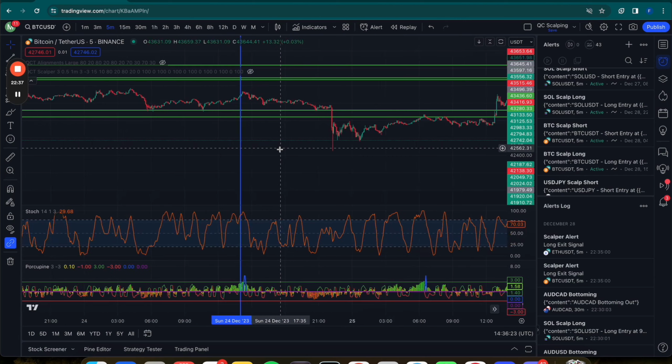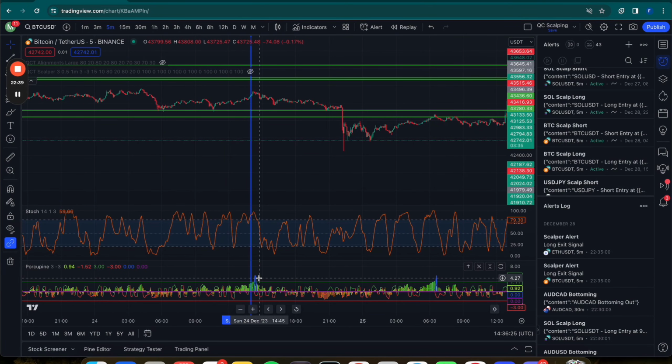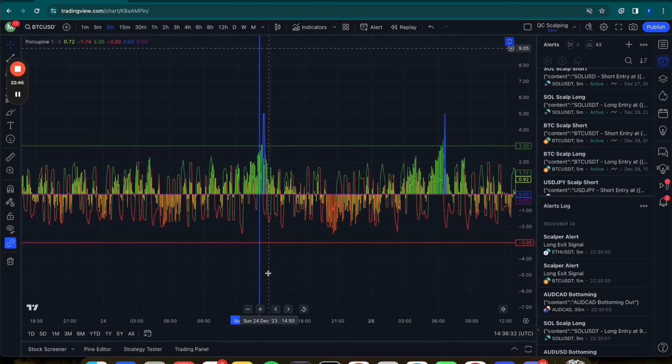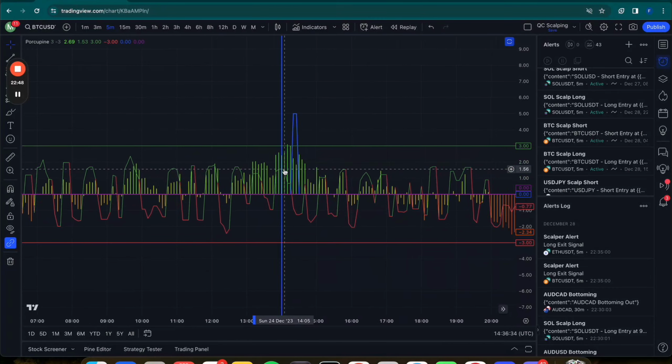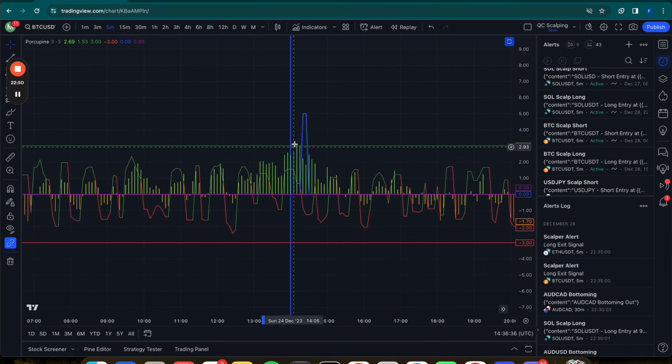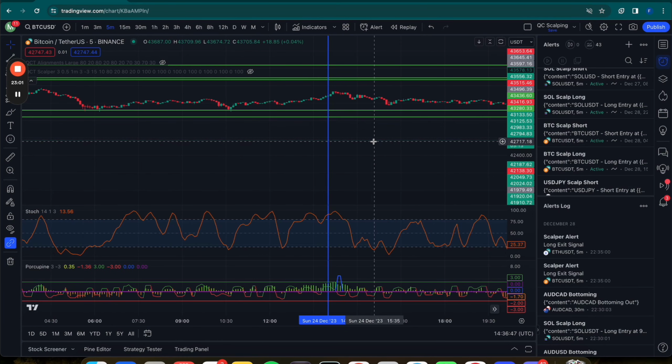So the thing is, this blue line that you see is a bot signaling a short. What it looks at is if we hit the threshold. And as we hit the threshold and the bars start going down, which is signaled by this red line here, we trigger a short. And that's basically how it works.